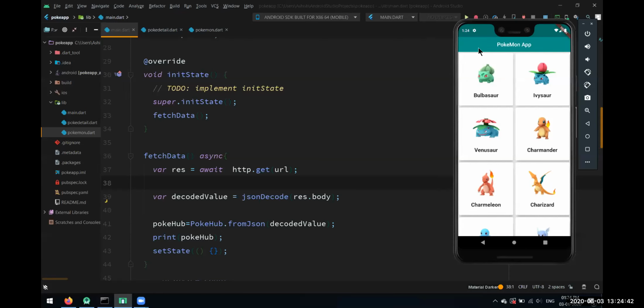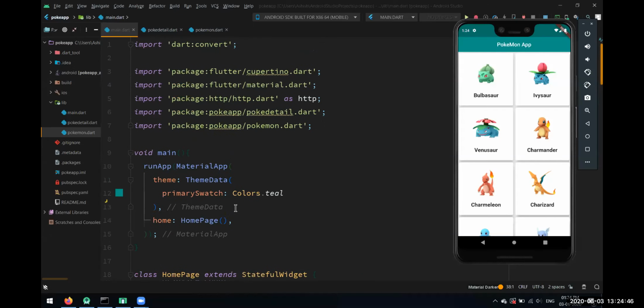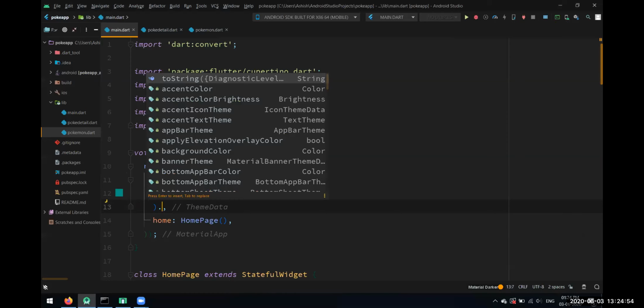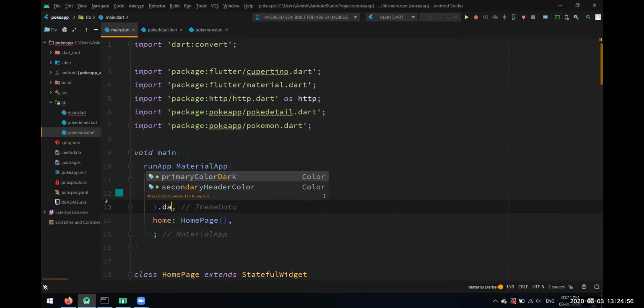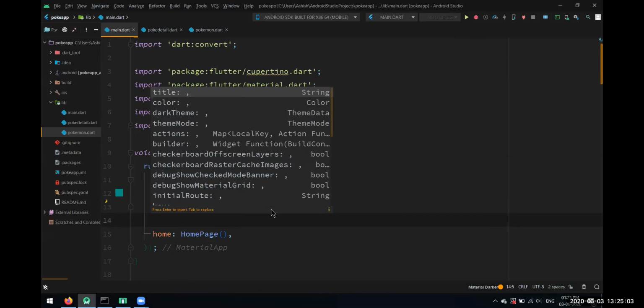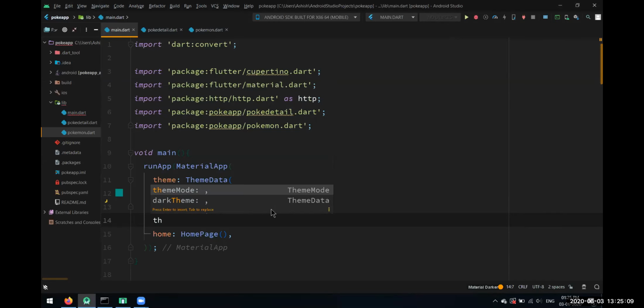How do I get dark theme to the app? Yes, yesterday we struggled with this. I got the solution for that. For dark theme, we just have to use ThemeData.dark.